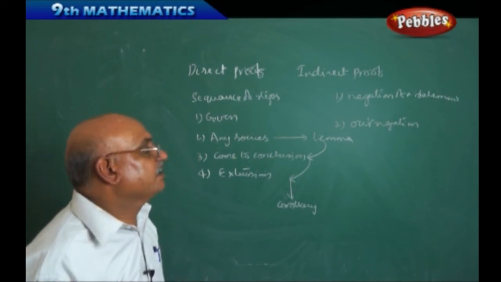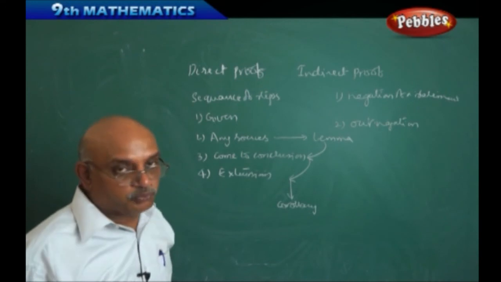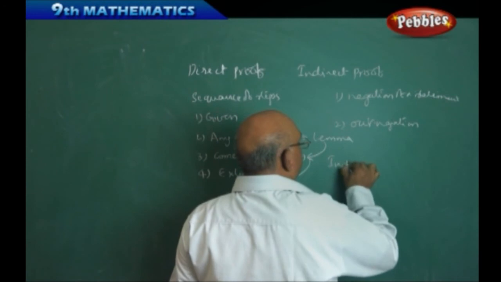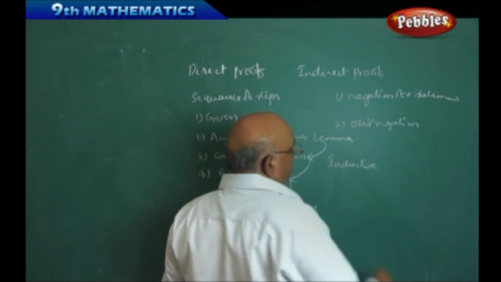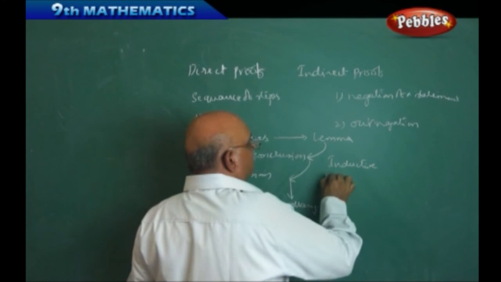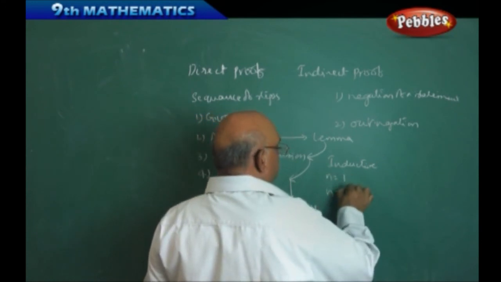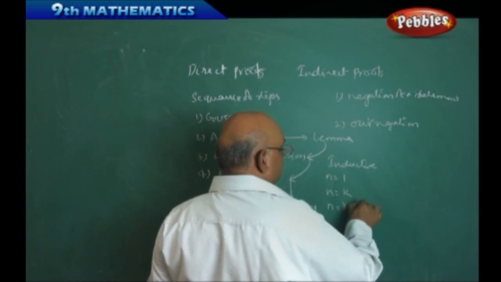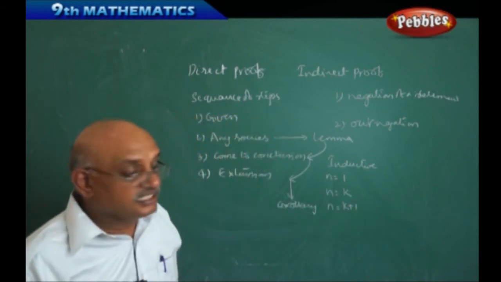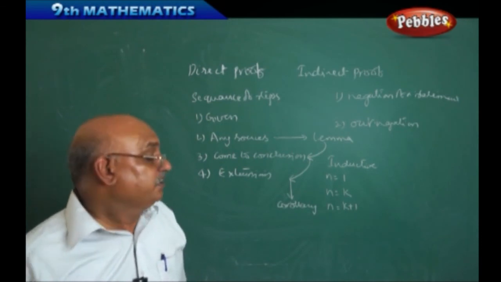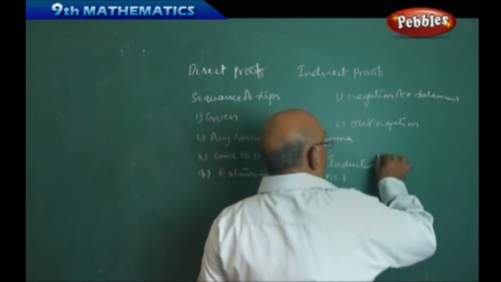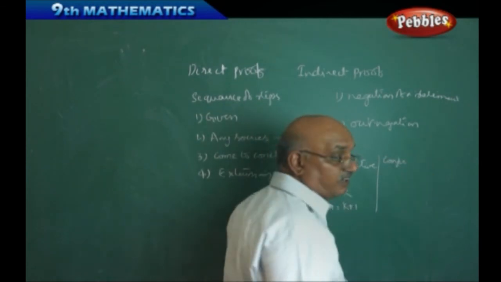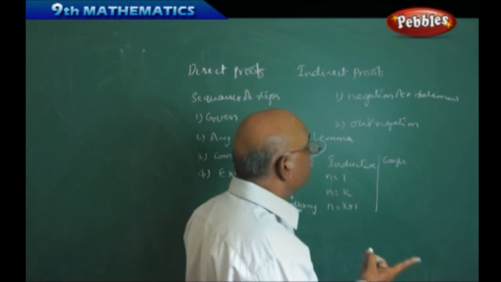But in this, there are two things: inductive proof as well as deductive proof. Inductive proof basically says that whenever any concept is there, first we think about n is equal to 1, then we assume n is equal to k. If we are able to prove that this is true for n is equal to k plus 1, then I can say that the induction is correct. Next one is conjecture, which is one statement. Always we assume that it is wrong, and then we come to one conclusion.